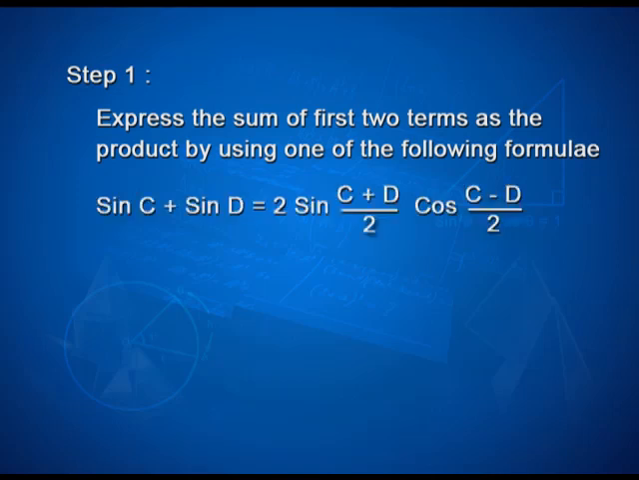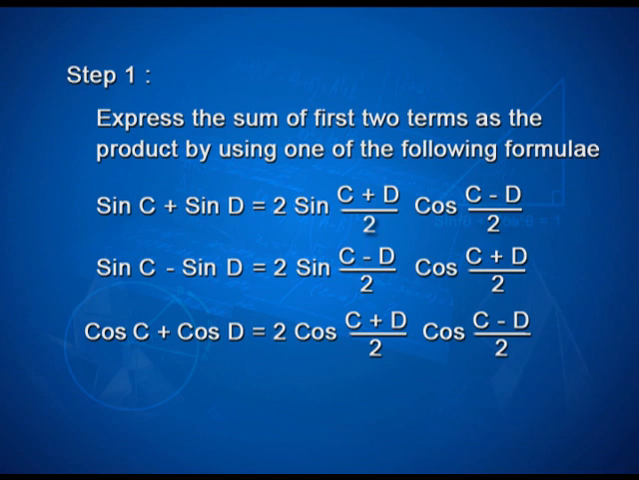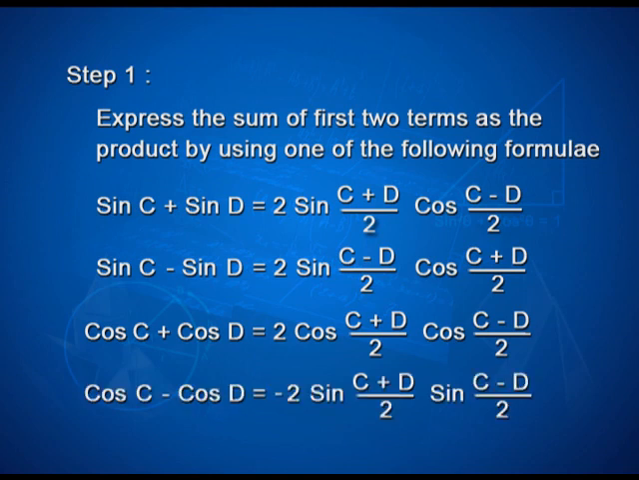Sin C plus sin D is equal to 2 sin (C plus D) upon 2 into cos (C minus D) upon 2. In the same way, sin C minus sin D is equal to 2 sin (C minus D) upon 2 into cos (C plus D) by 2. Cos C plus cos D is equal to 2 cos (C plus D) upon 2 into cos (C minus D) upon 2. Cos C minus cos D is equal to minus 2 sin (C plus D) upon 2 into sin (C minus